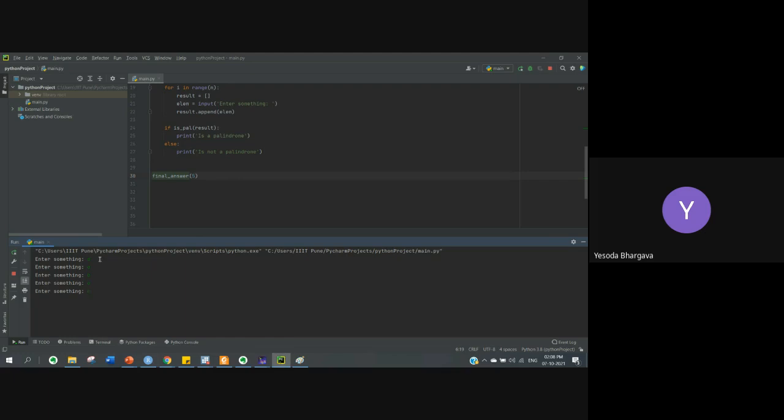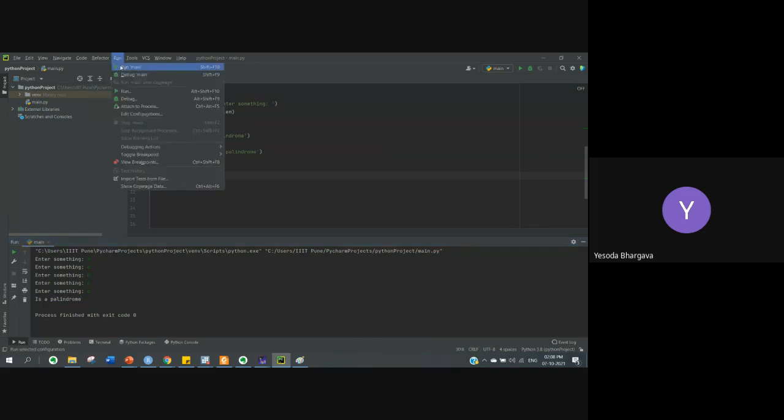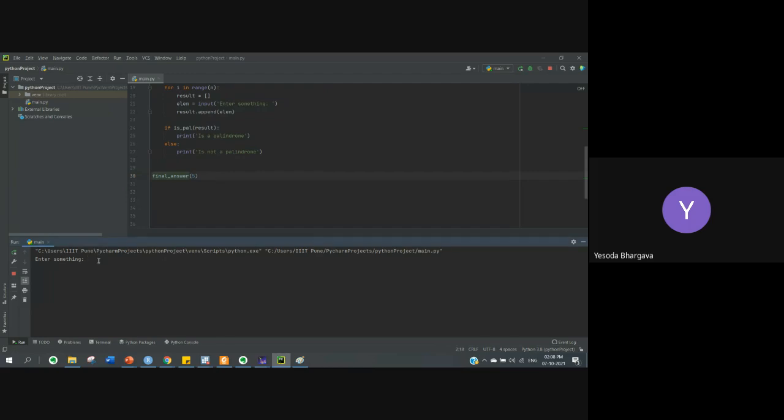It looks like a palindrome, and when I enter, the function does say it's a palindrome. Okay, so this case is justified, but let me give another input just for the sake of it. Let's say a, and I enter b, c, d, and e. Here again it is saying it's a palindrome.